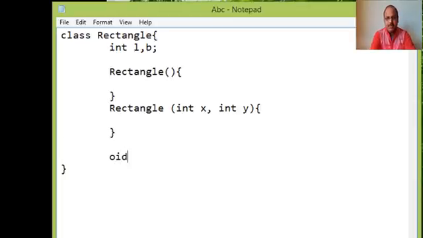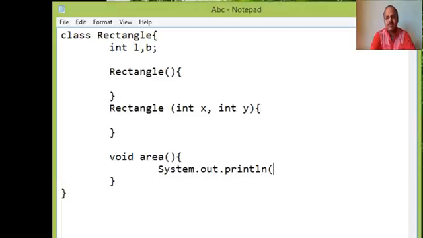Suppose we have a method area and there is a print statement to display the area. Now let us add one main method